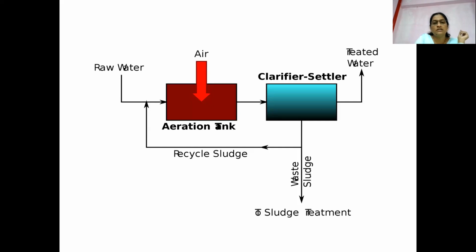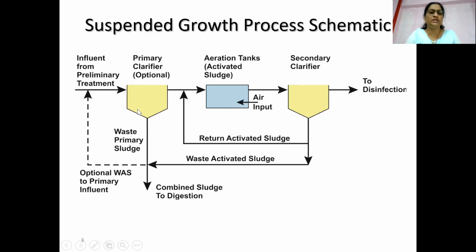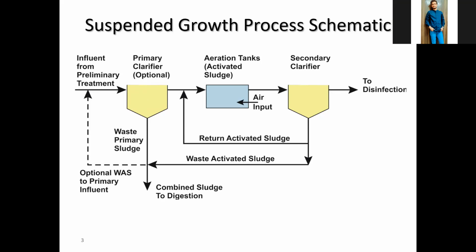You can just see here, activated sludge process, it is a process. The primary sedimentation tank will be here. Better I will explain with this. Effluent after preliminary treatment is coming into the primary sedimentation tank. What happens in the primary sedimentation tank? We are allowing the maximum amount of particles to settle down at the bottom. Those are settleable. Those particles will be settled down at the bottom in a primary settling tank.